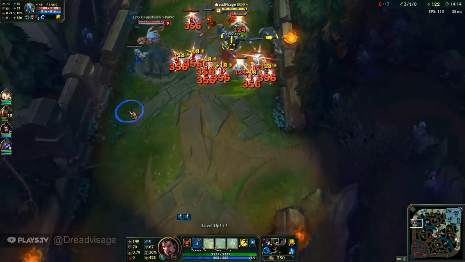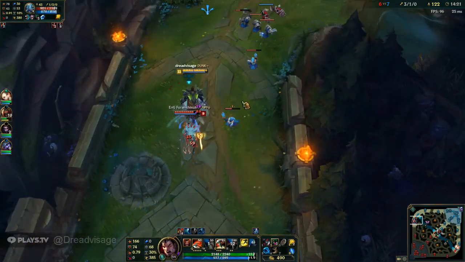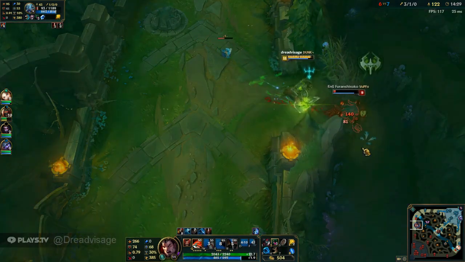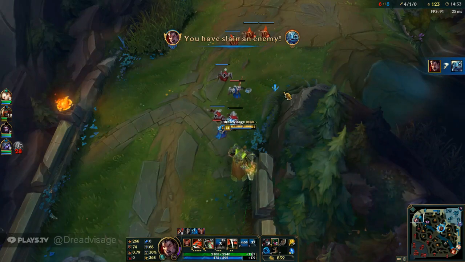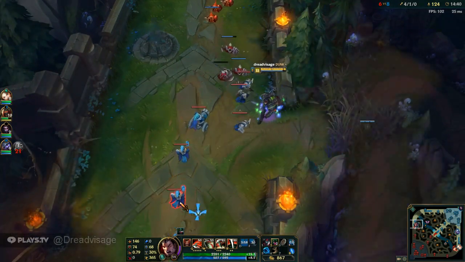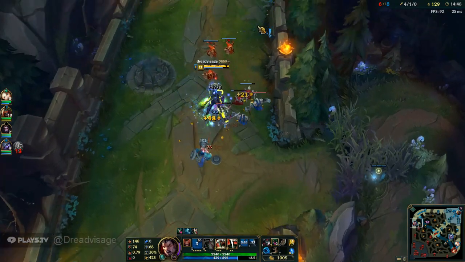Sterak's Gage got buffed, and I love it. I loved Sterak's Gage previously, but I just didn't feel like it had enough oomph for it to be as picked as I pick it now. So now I'm picking it a lot, and as you'll see, it's in every single one of these builds I'm about to talk about, because I really love it. Even if the enemy team doesn't have burst, because that's what Sterak's Gage is pretty much there for,